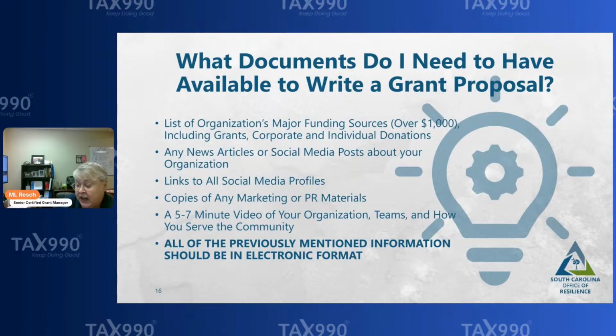And again, even once you find potential funders, the next thing you want to do is pick up the phone or go to their website and send an email contact saying,